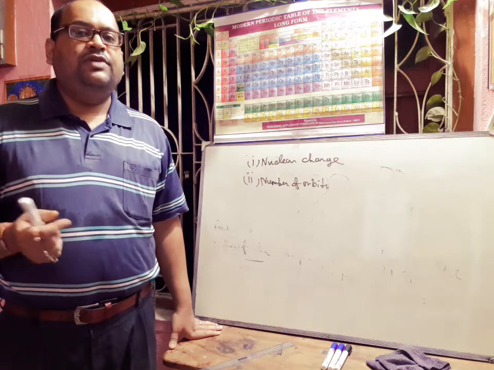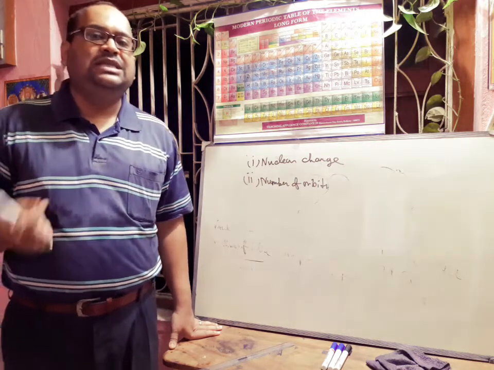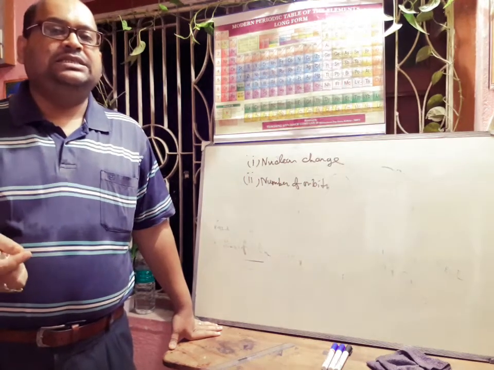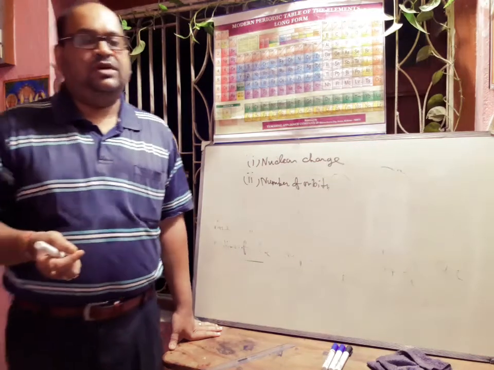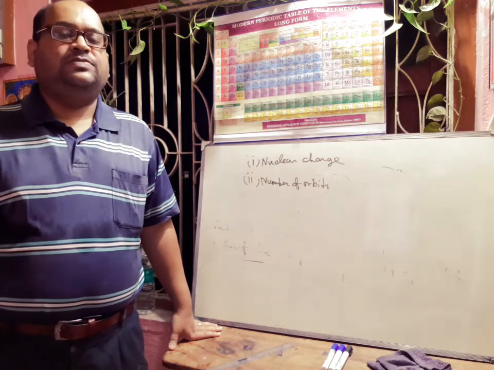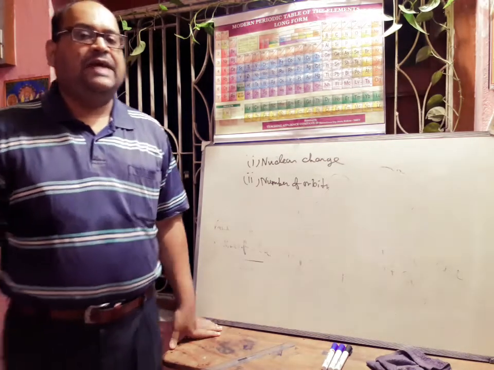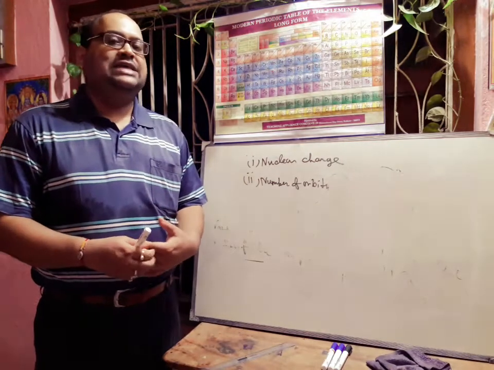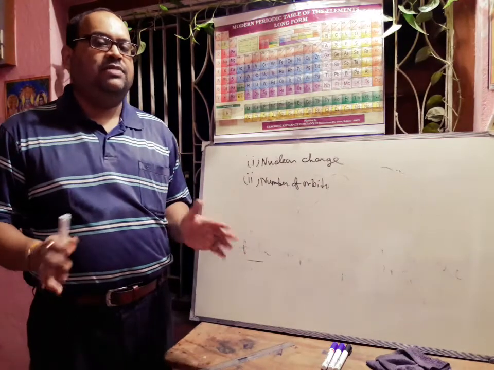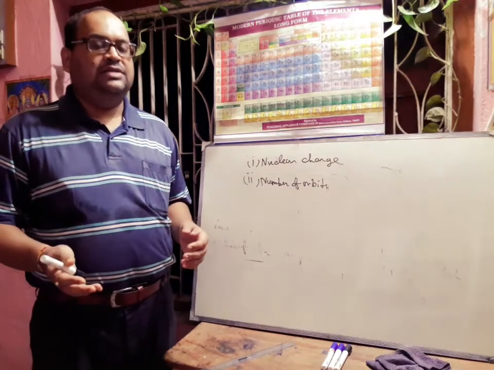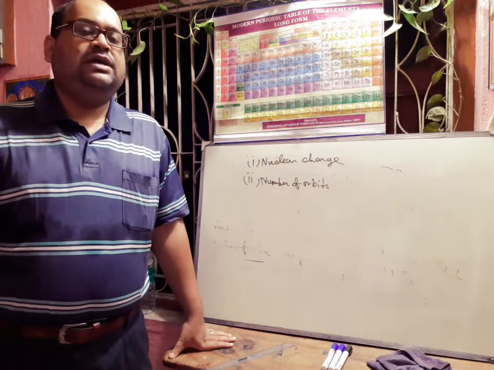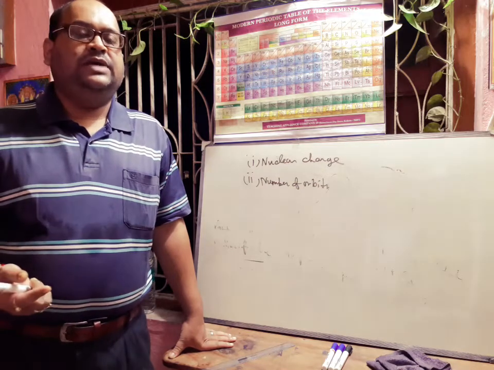Therefore, if we know the radius of one ion, then the other can be easily calculated. We have to remember that the size of a cation is always less than the parent or neutral atom, and the size of an anion will always be greater than its corresponding parent atom. In a cation the nuclear charge per electron is increasing, and in an anion, due to electron repulsion and increasing number of electrons, the attraction towards the nucleus per electron will decrease. That is why the cation size will be smaller and the anion size greater compared to the parent atom.